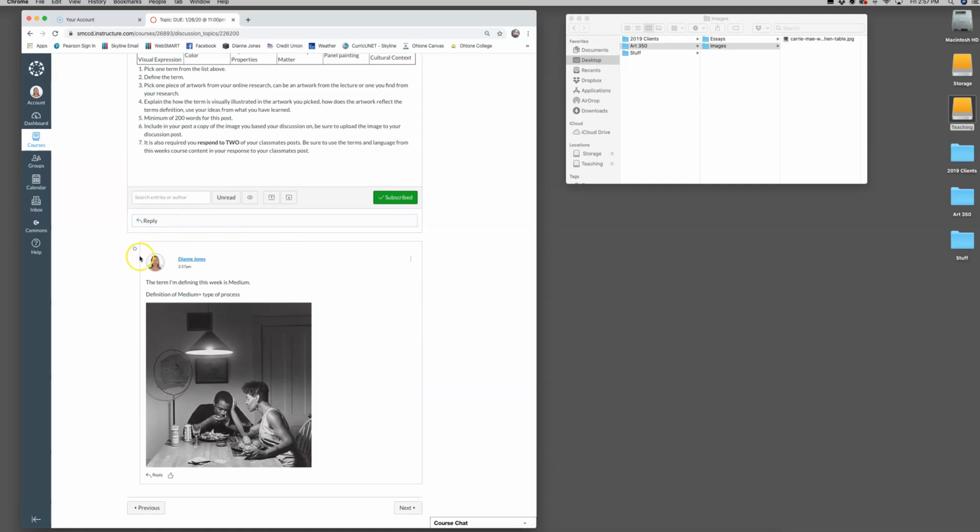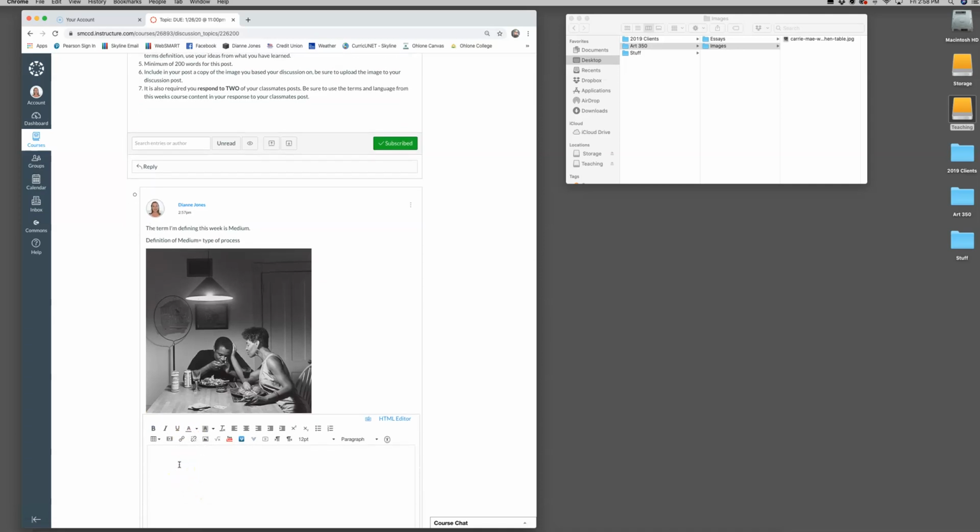You can view your reply so you can see what it looks like, because this is what I'll be viewing in your classmates'. You can like your classmates' replies, and this is where I've asked you to respond to 2 of your classmates' posts. So as you're looking through all of the different posts that will show up for this homework assignment, you can choose one of your classmates' work that you want to talk about. After you've read their post, you can click reply. And here is where you would write your response